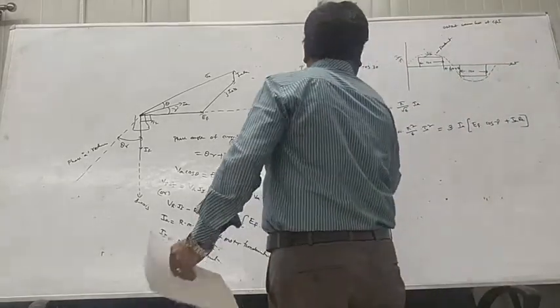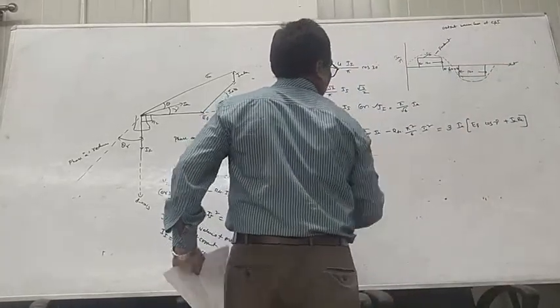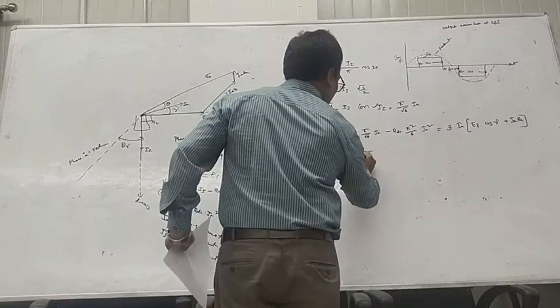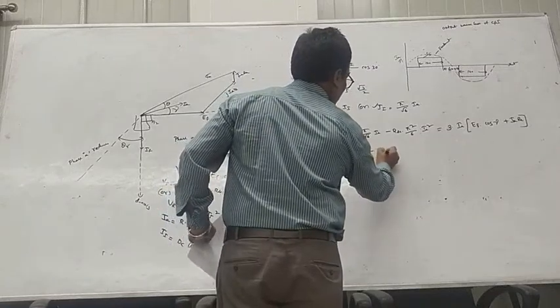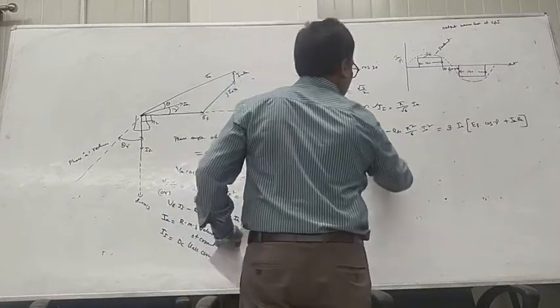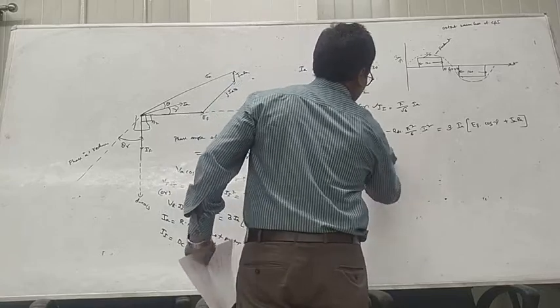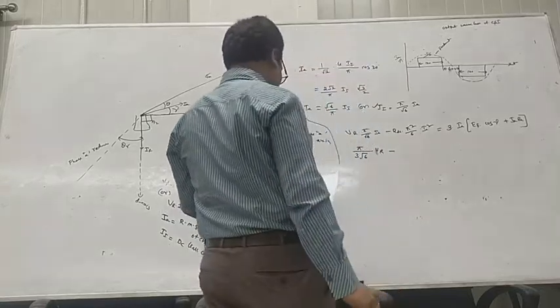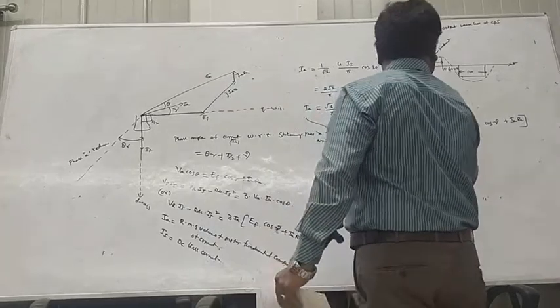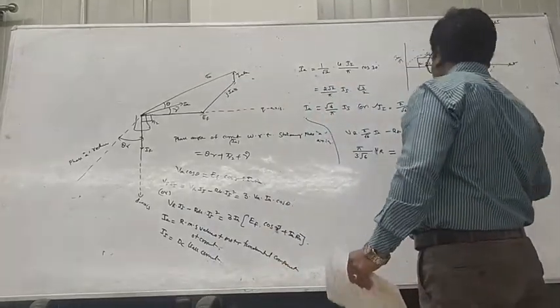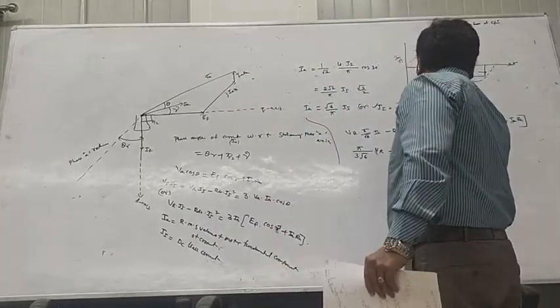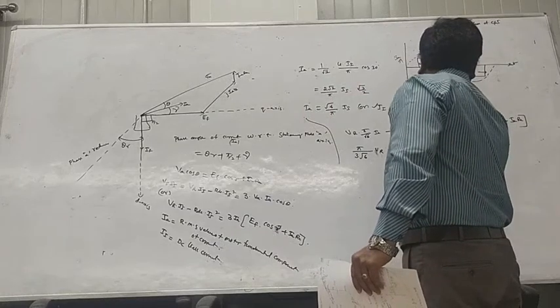Then you will get pi divided by 3 root 6 VR minus, simplifying that, is equal to EF into cos gamma